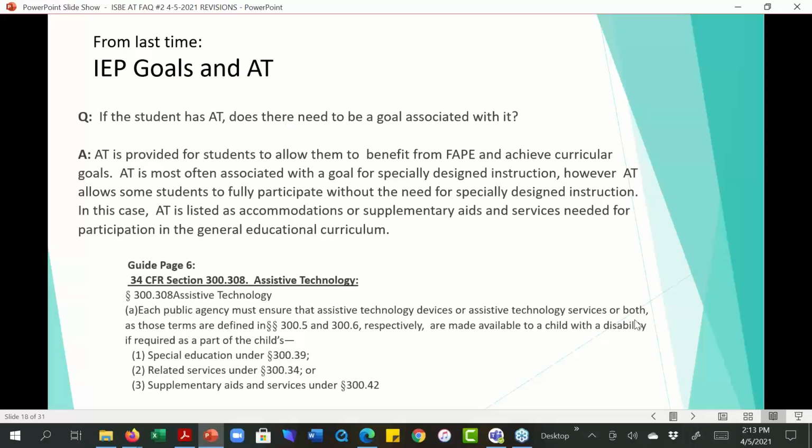So AT is provided for students to allow them to benefit from a free and appropriate public education and reach curricular goals.